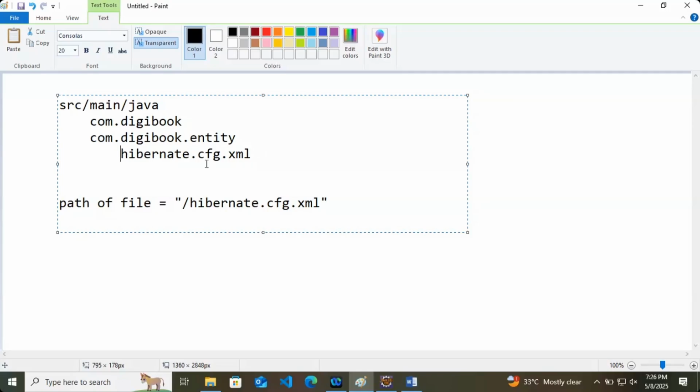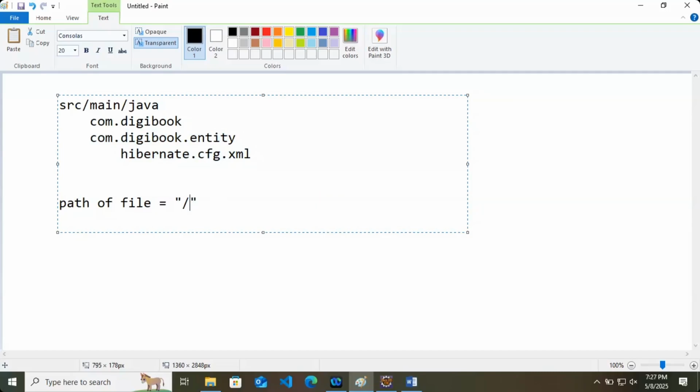So just take a case where your hibernate.cfg.xml file is inside this com.digibook.entity package. Then what will be the path of your file?